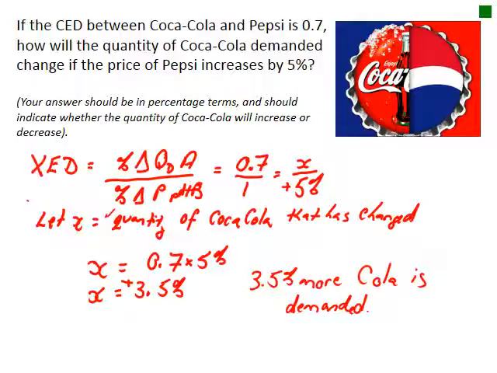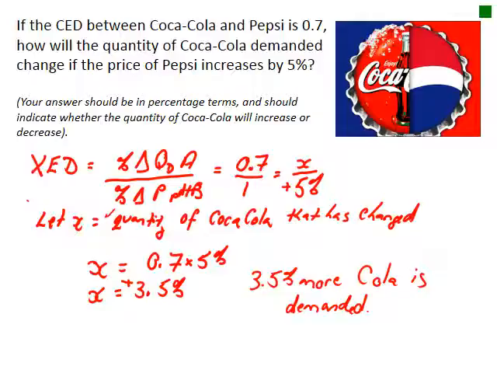The price of Pepsi increased by 5%, so that's positive. We don't have any negatives. Our answer is positive. So, it makes sense that if the price of Pepsi increased by 5%, more people would buy Coca-Cola. And how much more Coca-Cola would be demanded? It would be 3.5% more